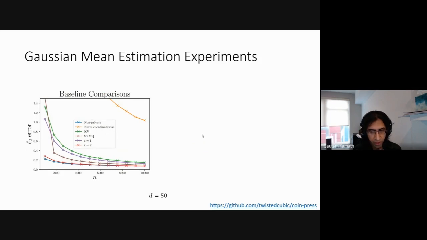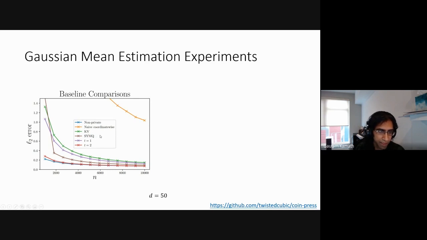So let me show you now some experimental comparisons between our work and previous works. All the code is online. You can see this is at one of my co-authors' GitHubs. And let me interpret these plots for you. What we do is we compare a bunch of different estimates. The non-private estimate, the ideal that we'd like to compare with, is the blue line at the very bottom. You can consider our approach to be this t equals 2, the red one. That essentially says 2 rounds of our CoinPress algorithm. T equals 1 is kind of the naive baseline, and KV and SimQ are Karwa-Vadhan and the do-it-all approach, respectively.